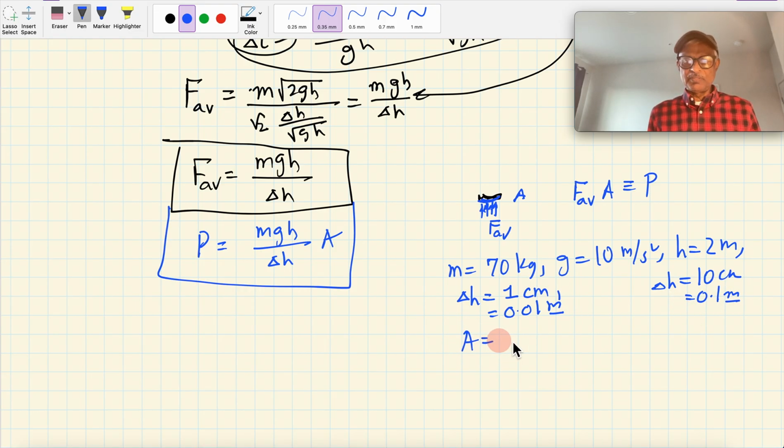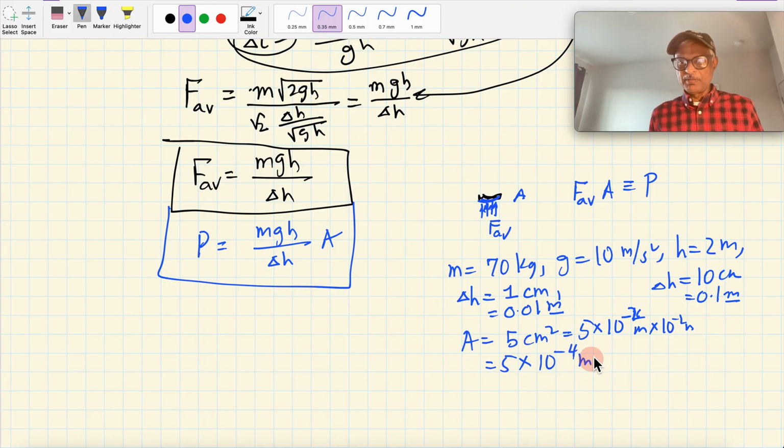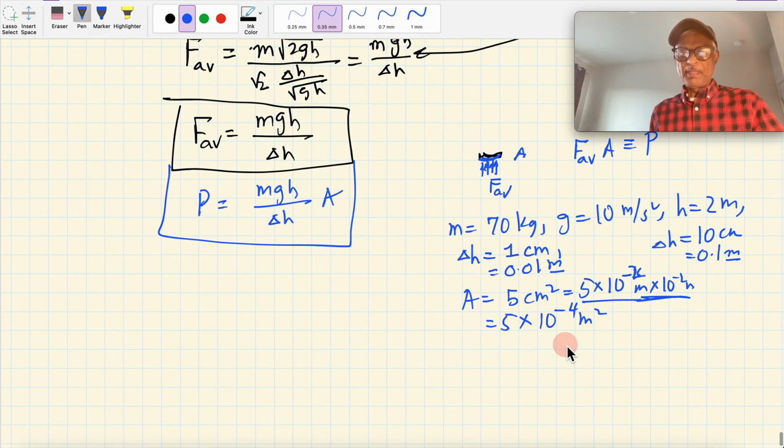And A was given as 5 centimeters square. Then that will be 5 times 10 to the minus 2 meter times 10 to the minus 2 meters, 10 to the minus 4. So 5 times 10 to the power minus 4 meters square. I see this double conversion often causes problems for students. That's why I did this, although I knew the students knew it right away. Okay, so